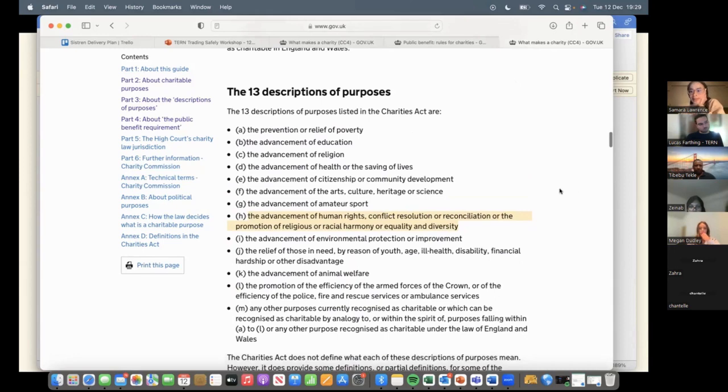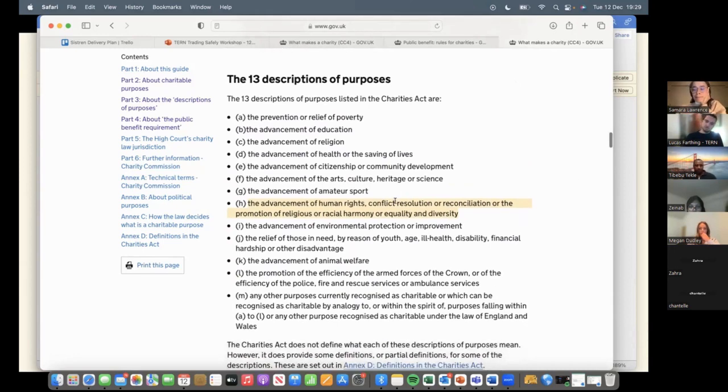Sorry, can I ask? Yeah, sure. My charity idea was to register both here in the UK and in Ethiopia. The charitable purpose I have is the advancement of education, I can say pre-primary education in Ethiopia, where I'm originally from. So can I consider Ethiopian people as a community, or does it have to be only the UK public?